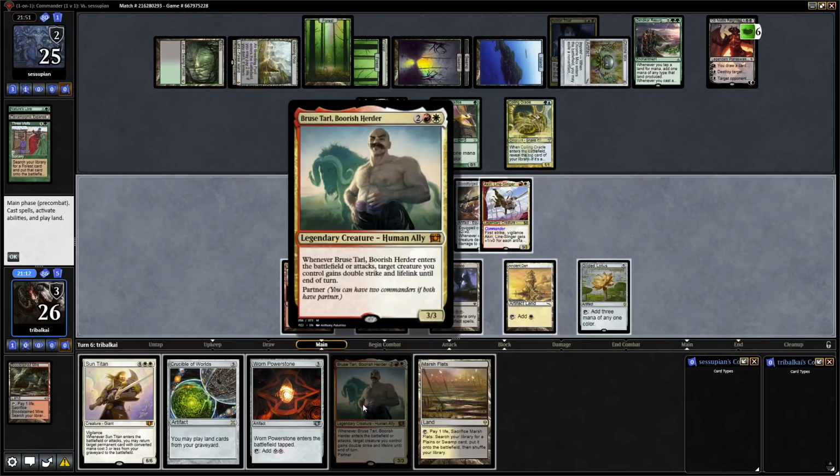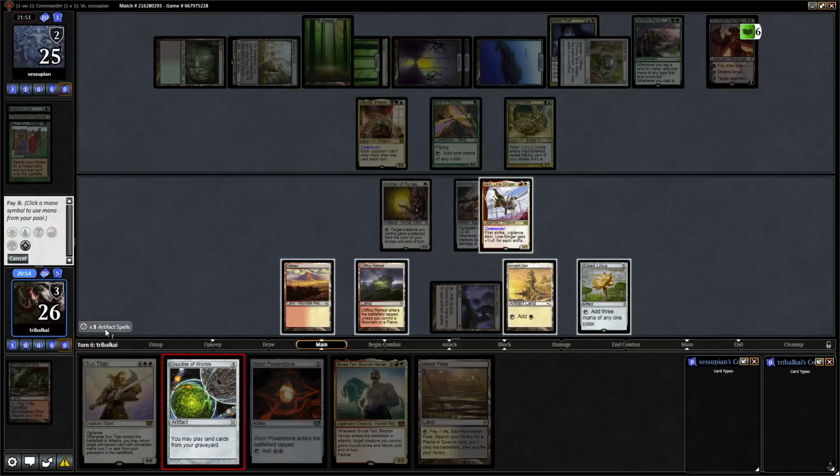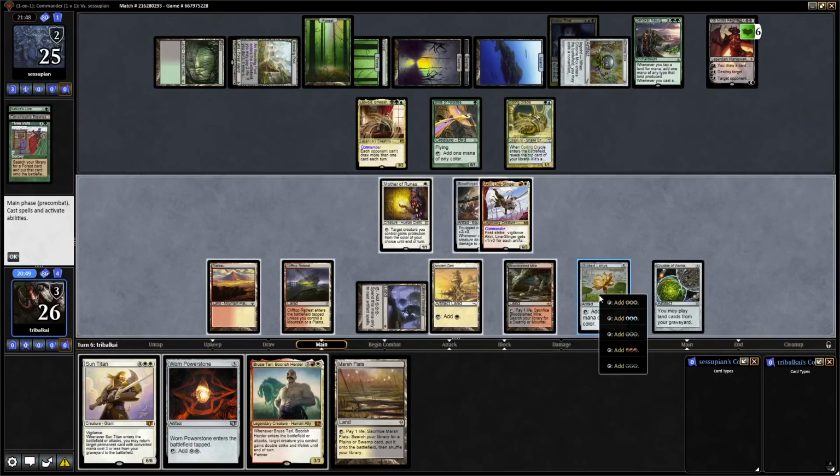Alright, Bruna, when it enters and attacks, target creature gets double strike and lifelink. I think Crucible of Worlds. And then we'll have 3, 4, 5, 6. So we can go for Bloodstained Mire from the graveyard. And then we can go for Sun Titan. Actually, we could